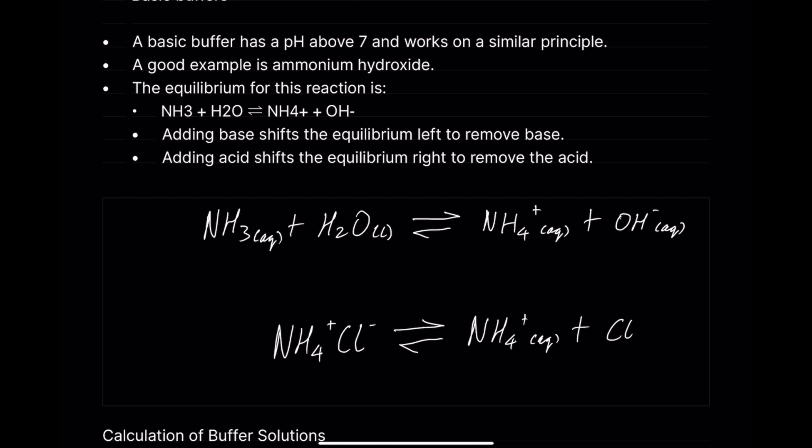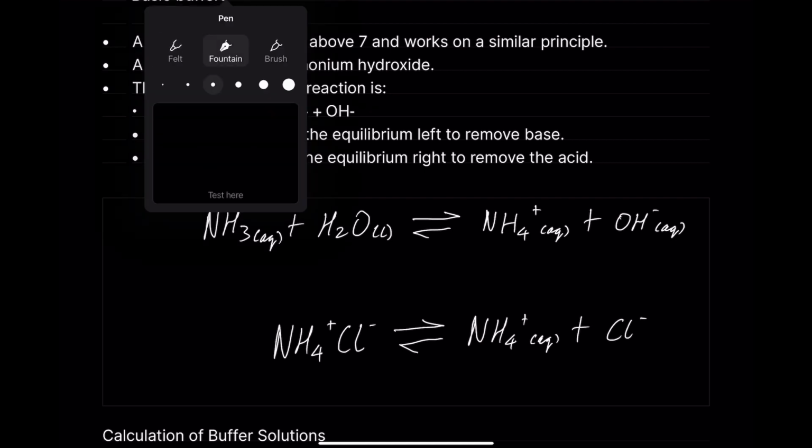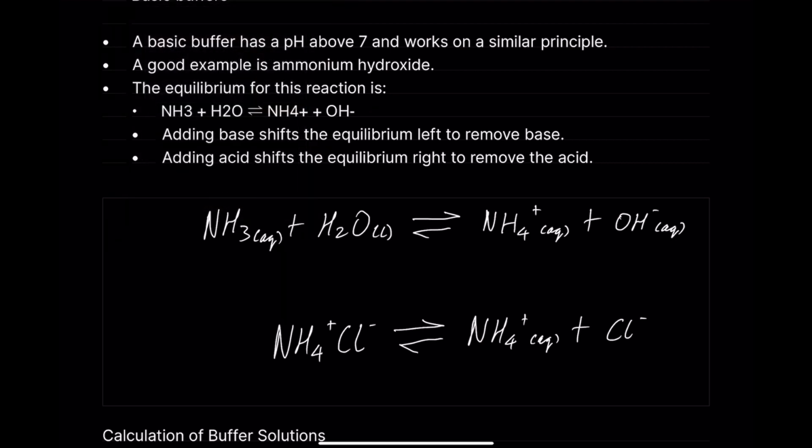Plus Cl minus. So it's still going to be a situation where it's a weak base, right? It's a weak base. So equilibrium is going to be slightly to the right because it does dissociate hydroxide ions in solution, but it does it very weakly. And then this is a salt, so it fully dissociates into ions in solution, so it'll be far to the right. So here we have a low concentration of ammonium ions and a low concentration of hydroxide ions, and a high concentration of our